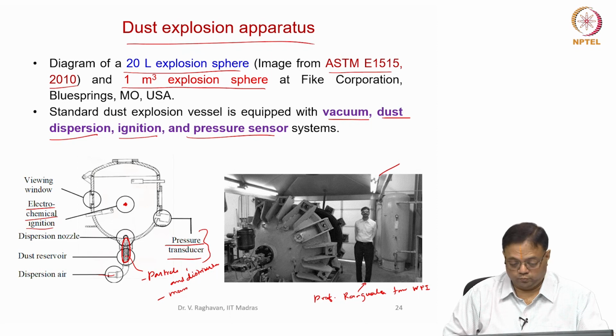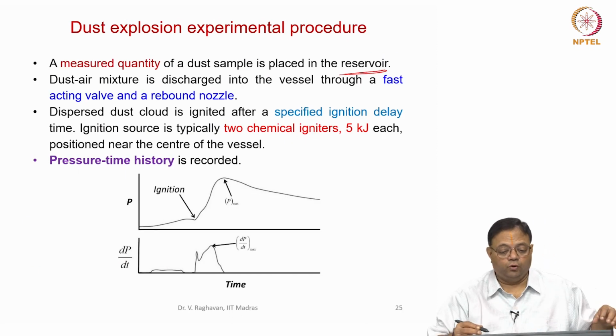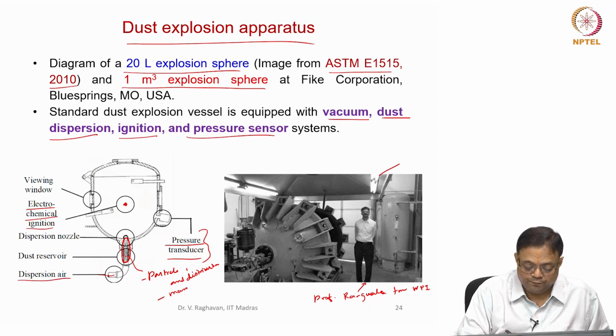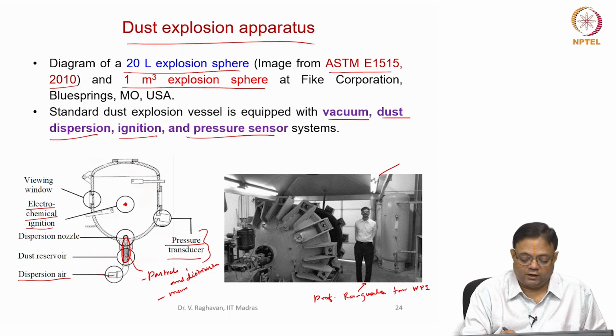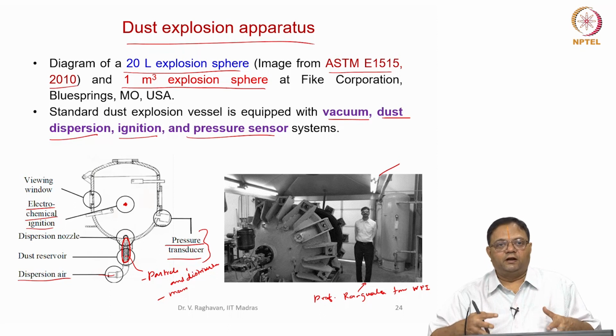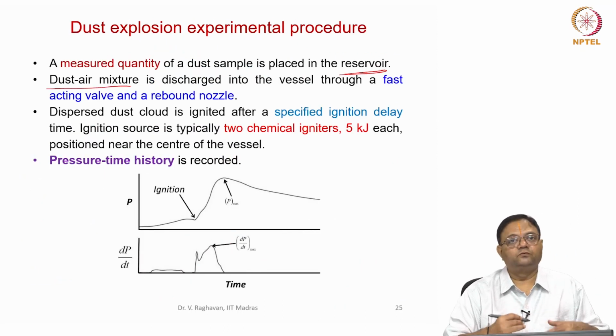Now air, as I told you, from the dispersion air nozzle, is injected at high pressure so that this mass is injected into the vessel, and when it is injected it will also form a dust air mixture, almost